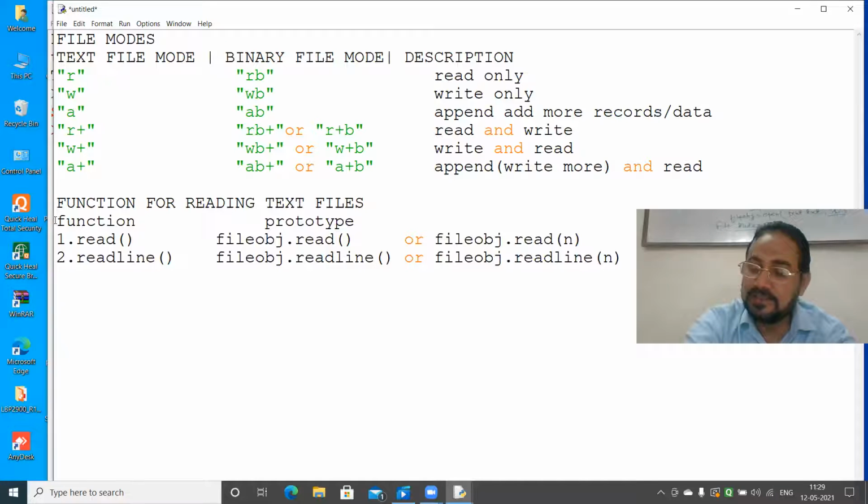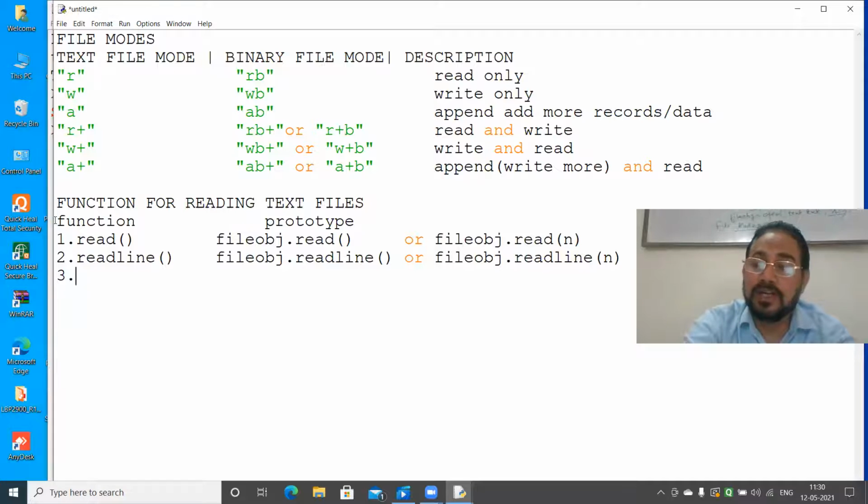If n is specified, it reads at most n bytes.